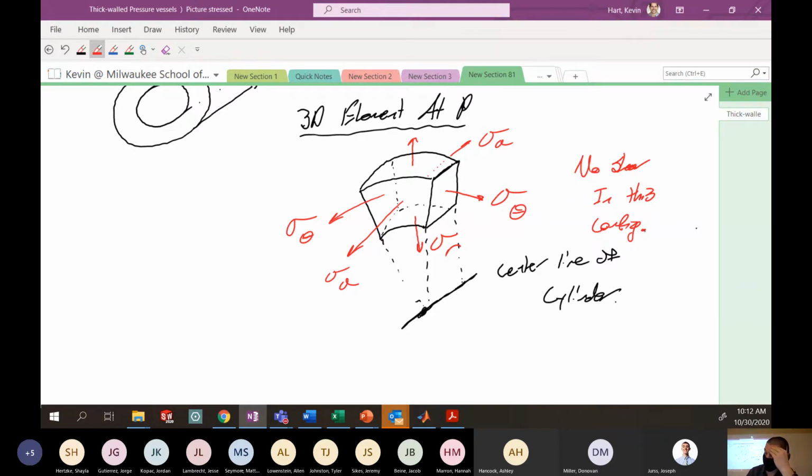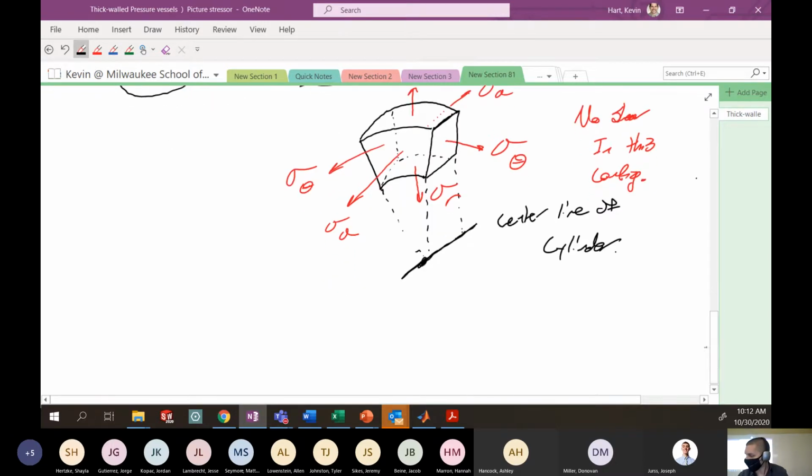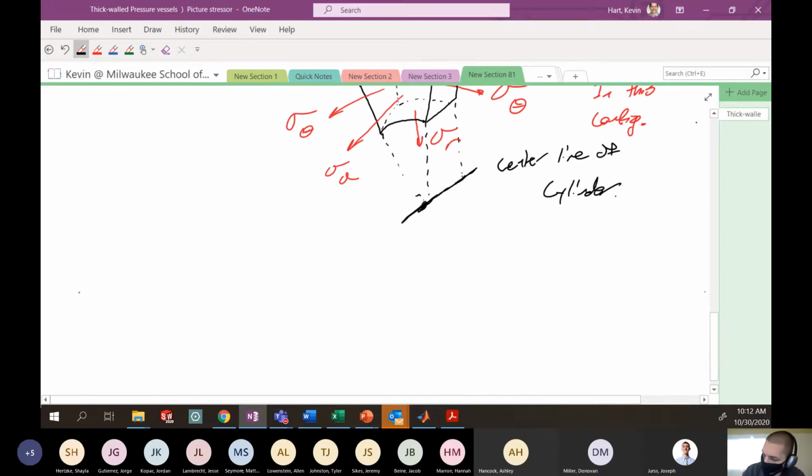All right. So I'm just going to start with a two-dimensional version of this. I really just want to start by looking at this frontal face. So I'm going to start by drawing a two-dimensional version of this, which you're going to see things like sigma r and sigma theta. And we'll derive some things based on that two-dimensional element. But I just wanted to show the 3D element because I think it's nice to show all of these stress components. Okay, so we'll start the derivation with a 2D element